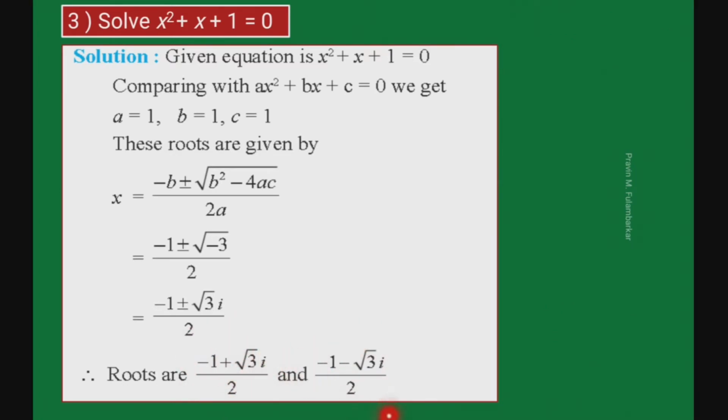consider as alpha and beta also for solving problems. This concept we use for solving the problem for question number 4 from exercise 1.4. This first value we consider as alpha and this second value we consider as beta.